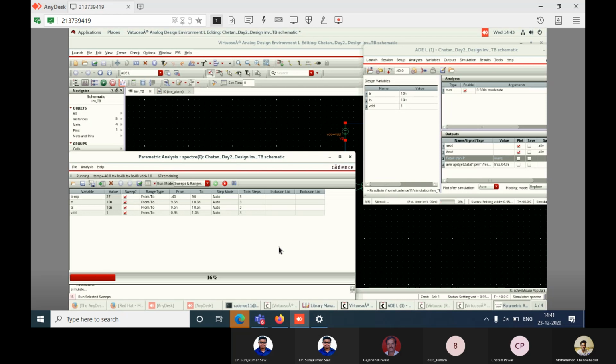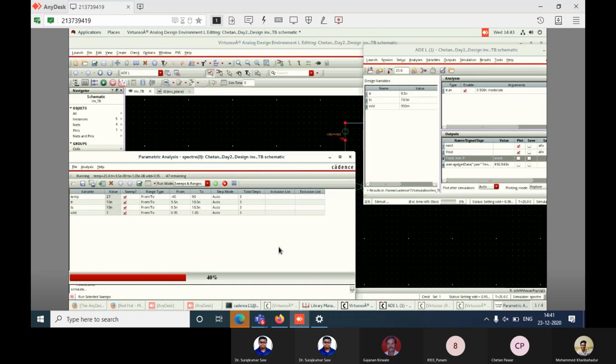So what is the basic difference between the ADE window and that of ADXL? In the ADXL, that is in the advanced simulation window, we can vary 3-4 parameters in the PVT analysis, and there we can define the center and span percentage.